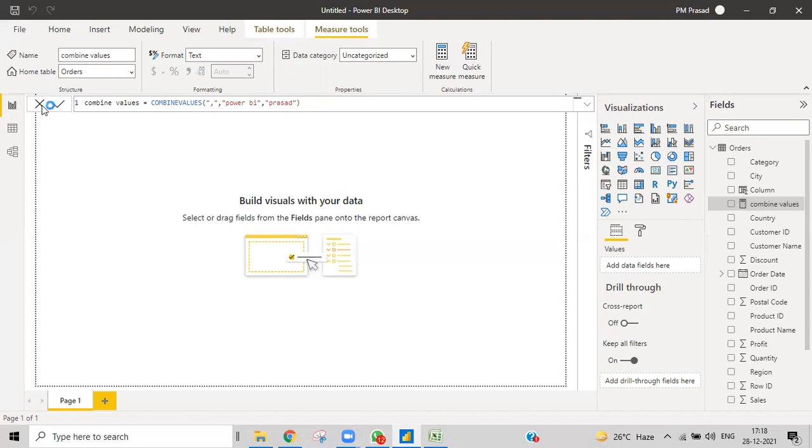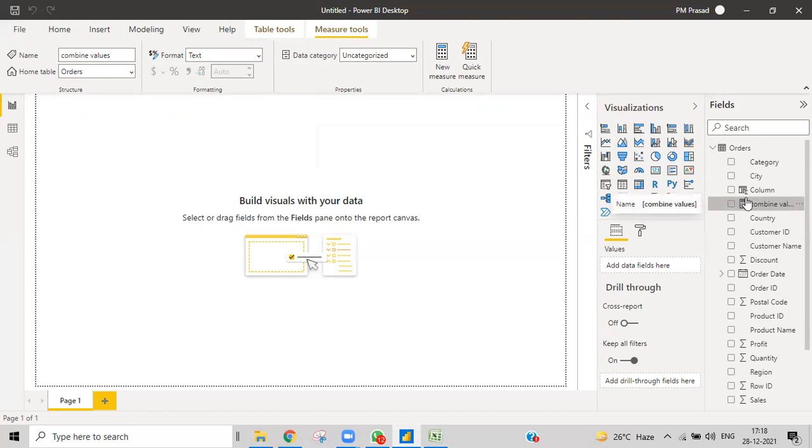Once we create the measure, we either press enter or click on this tick mark, which is like a proof mark. Afterwards, you'll have that measure shown with a calculator symbol. You can see measures are represented as a calculator. If you see this symbol, that is a measure. If you see this other symbol, that is a column.